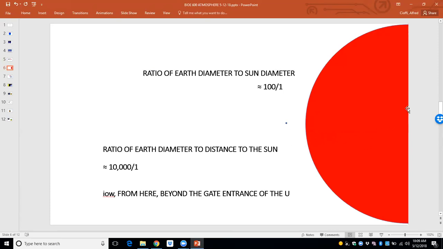And this is more or less to scale. Okay, if the sun were this size, the Earth would be this size. That's 100 to 1 scale, more or less. I could make that little blue dot smaller, but that's about a 100 to 1 ratio there. However, the distance is a different story. If we were at this distance to the Earth, we just simply wouldn't be anymore. We would evaporate, annihilate, and disappear from the universe if we were at this distance to the sun.